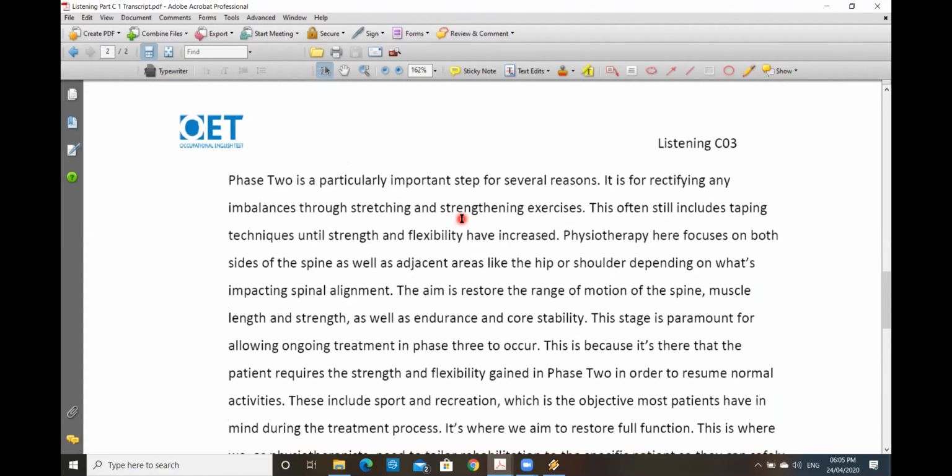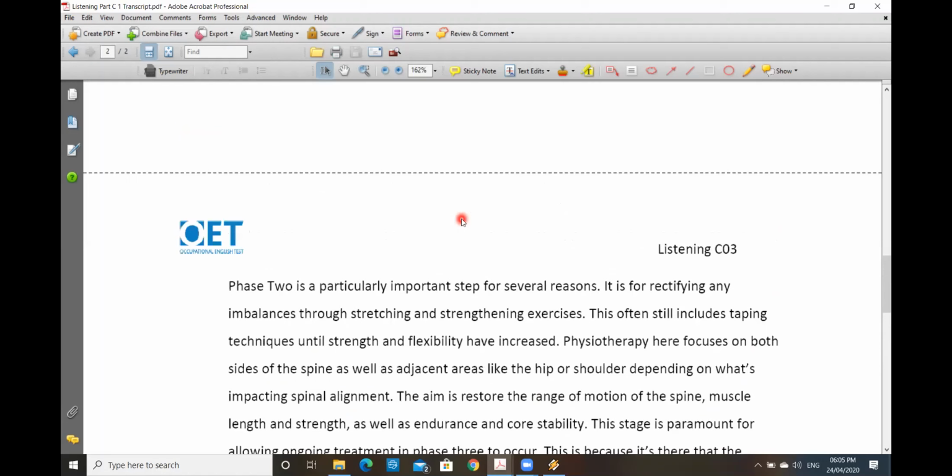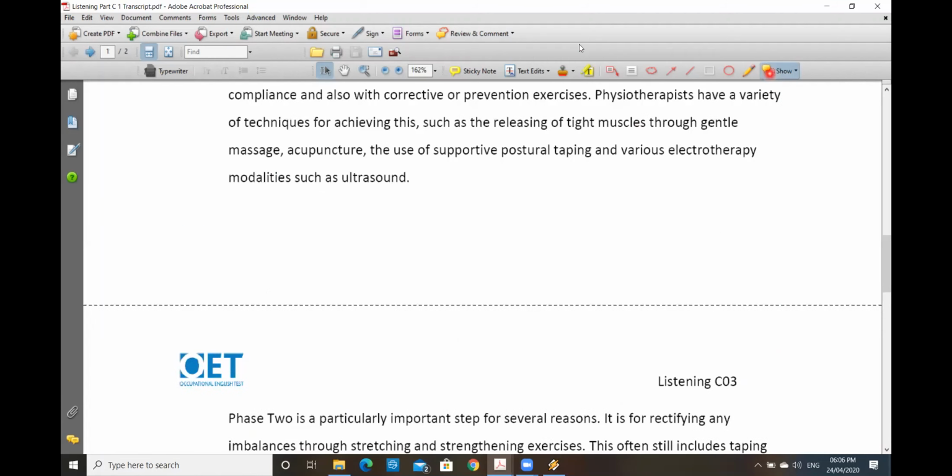Okay, so this is how you deal with listening part C questions. The pre-preparation, and while listening, what you do is you try to differentiate between